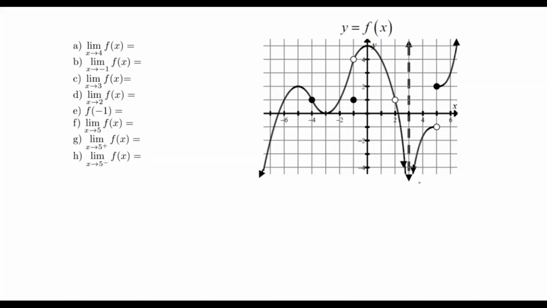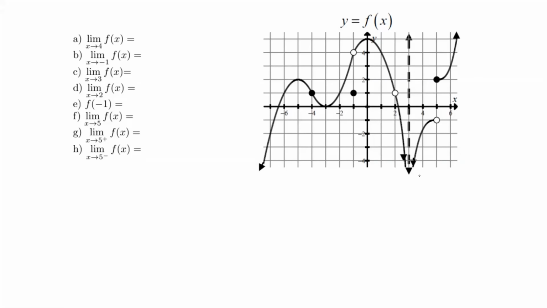So this is our next problem, and it's also the last problem. So we're given a graph of y equals f of x, and we need to find all of these values. So the limit as x approaches 4. So 4 is right here. Now we see that from the right side, the value of f of 4 is somewhere around negative 2.6. And also from the left side, it approaches negative 1.6. So the value will just be